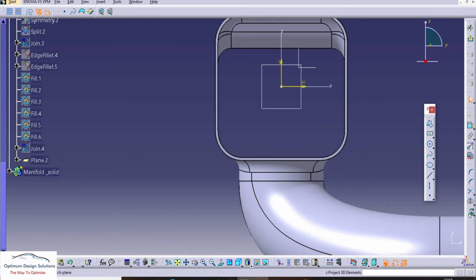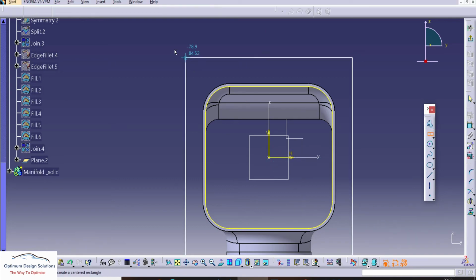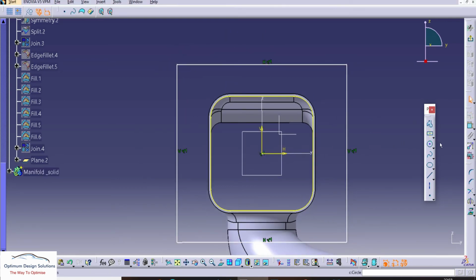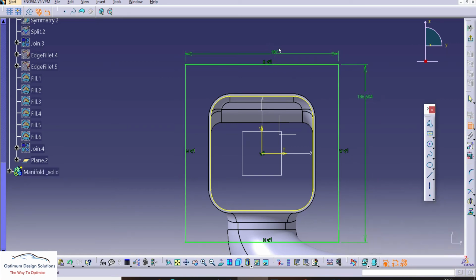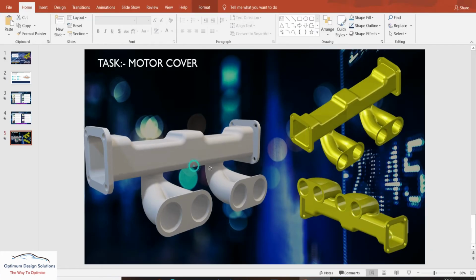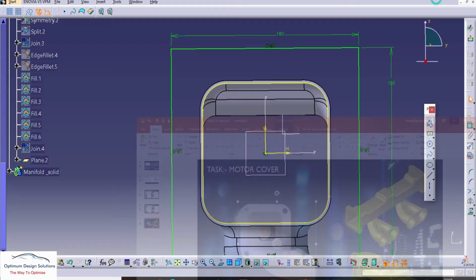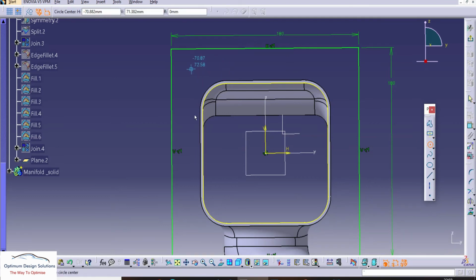Let's take a reference of the basic internal rectangle. We'll take dimensions 180 by 180 square. You can see the 4 holes, those are the mounting holes. We'll draw that.